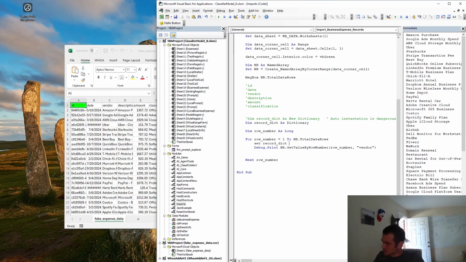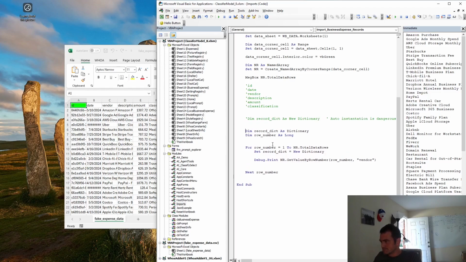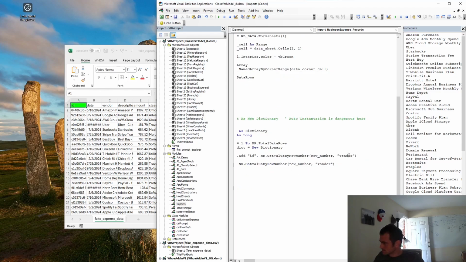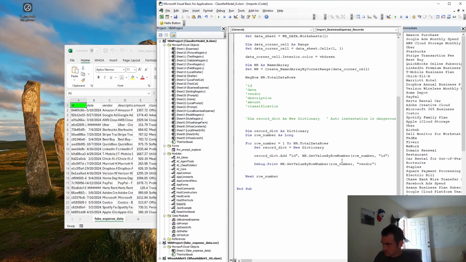Set record dict equal to new dictionary. So each time that we come through each loop, we're going to reset the dictionary, and then we're just going to say record dict.add. Let's just do ID first. I want you to see another way to add things into a dictionary besides the add method. You can also just do